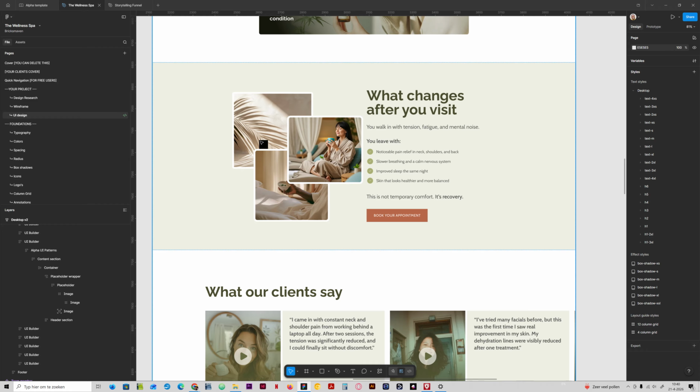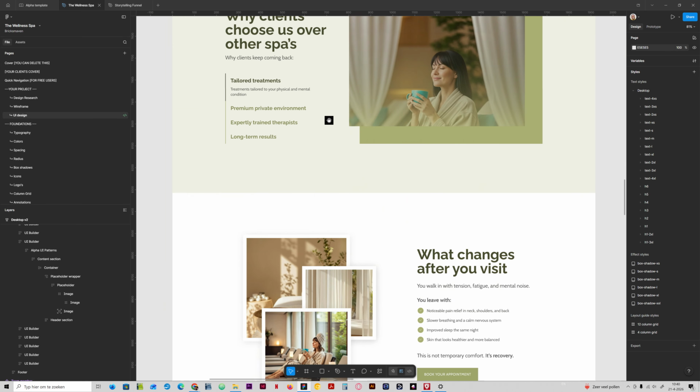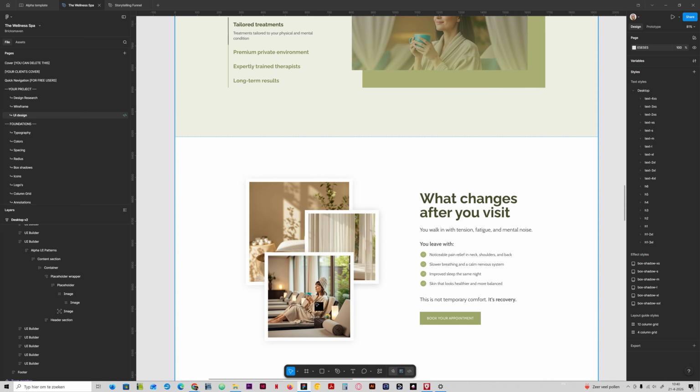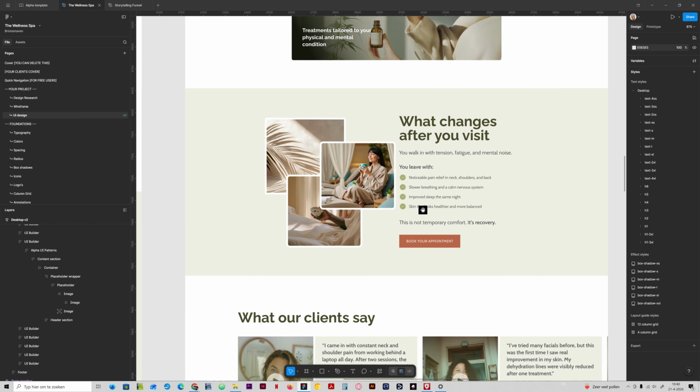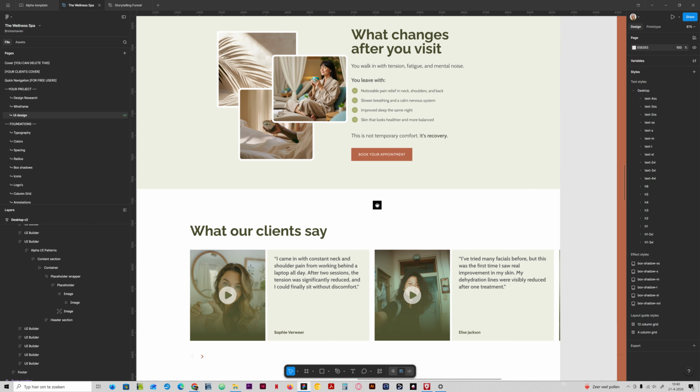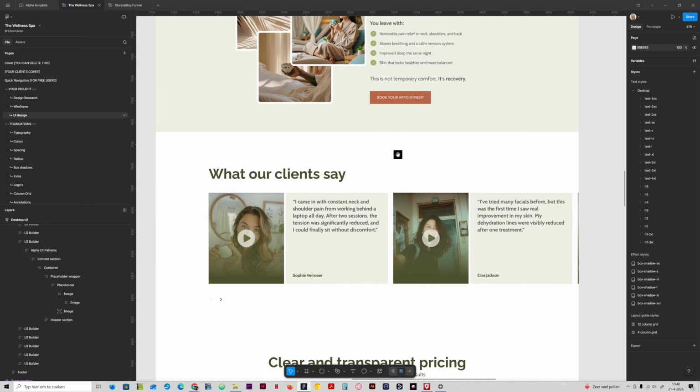So this is actually a better example where you can actually see the images, whereas here you cannot, it's just the way it is, right? So yeah, that's basically it for this section. If we move on to the next one, we come to the testimonial section, and here I created 3 different